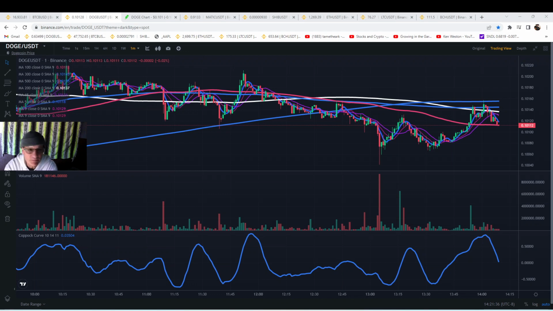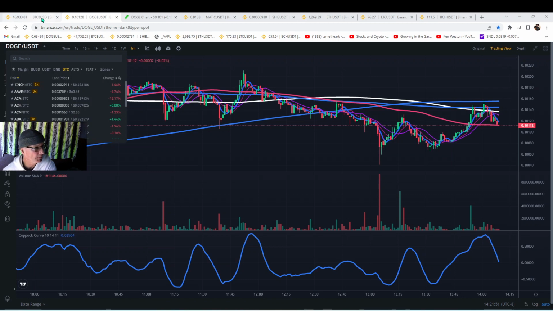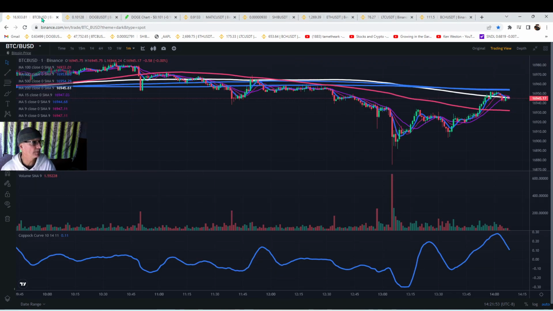Okay, so I'm doing back-to-back video. I just did a video 15 minutes ago at the same spot. We're on this new indicator. I'm on the Binance charting, looking at Bitcoin, Dogecoin, and Matic. And we're on the Binance charting using TradingView,